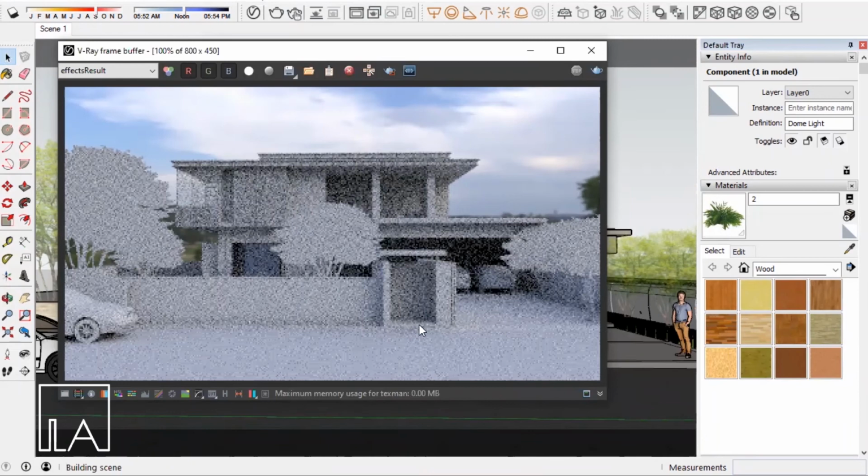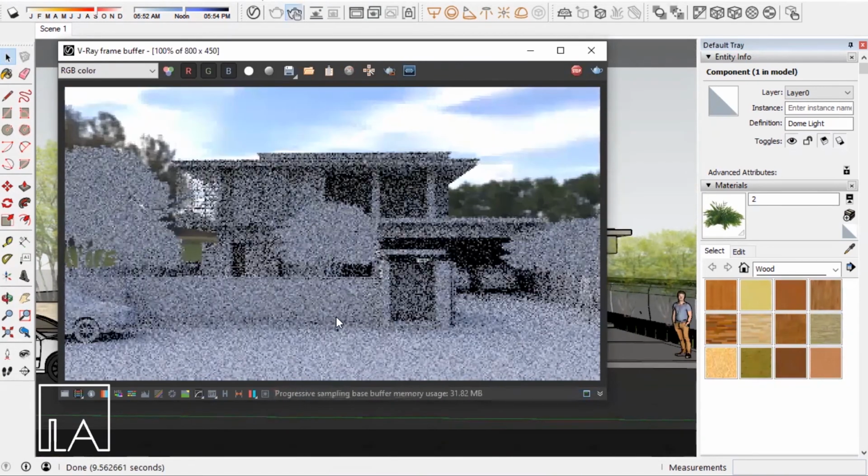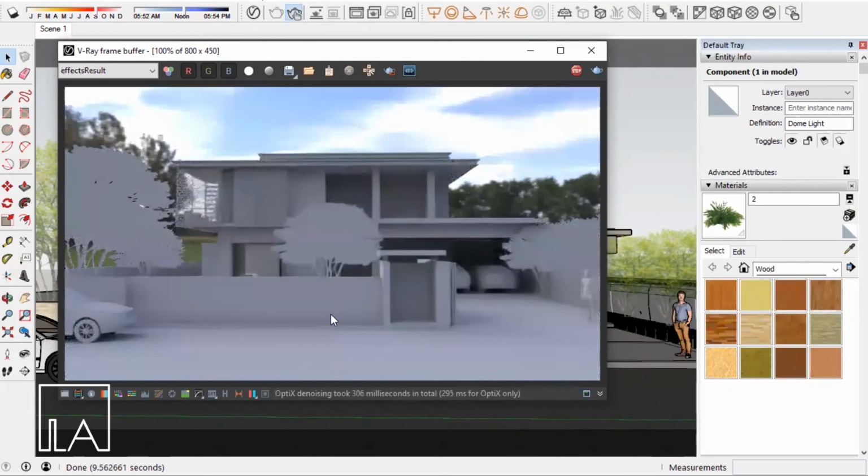This is again a trial and error method. You will have to take multiple renders to freeze on the right position of your dome light. Now I feel we can freeze on this particular view of the dome light. So I'll be stopping the render and now start adjusting the intensity of my dome light again. Once we finalize the intensity, we just stop the render.